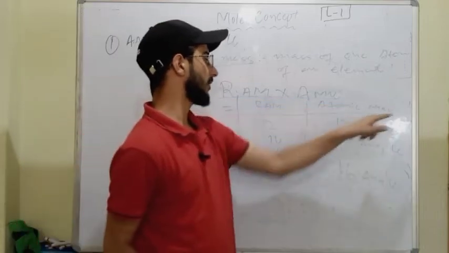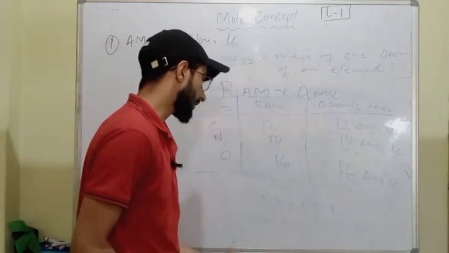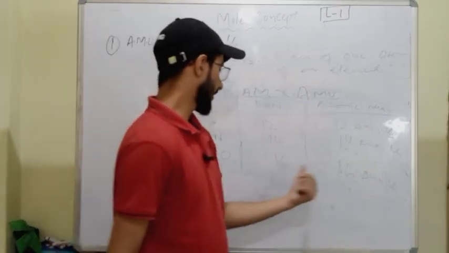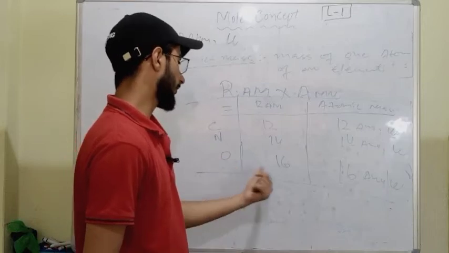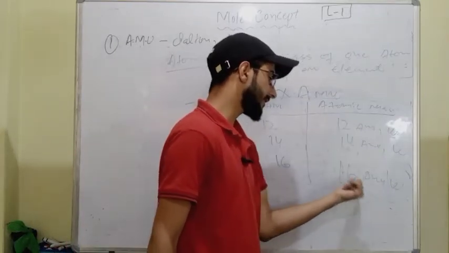In atomic mass we give the unit as AMU, and the relative atomic mass was unitless. In case of oxygen we have the relative atomic mass as 16 and atomic mass as 16